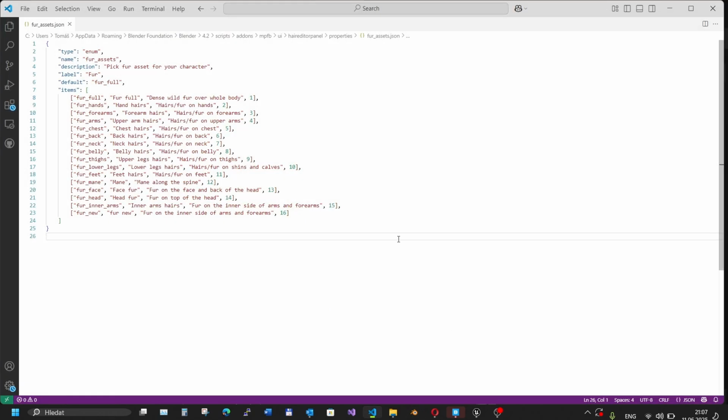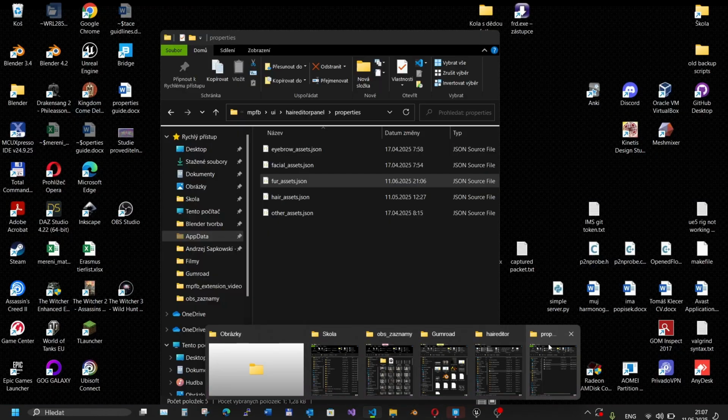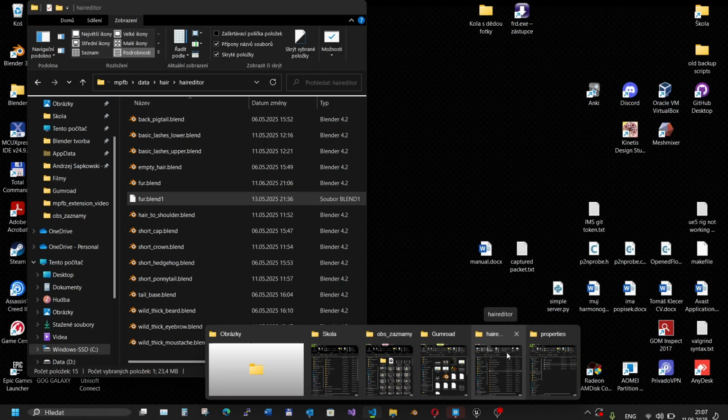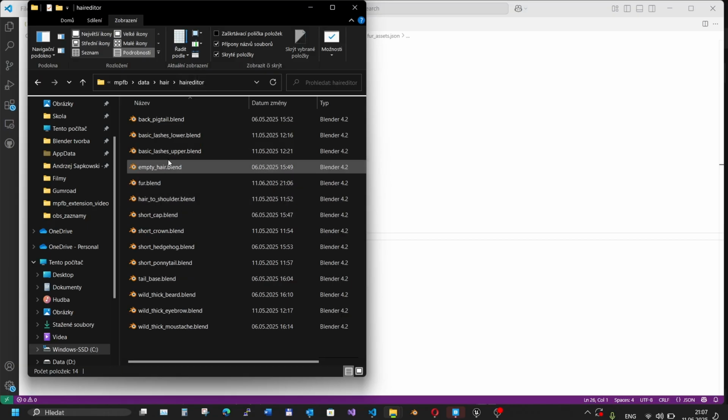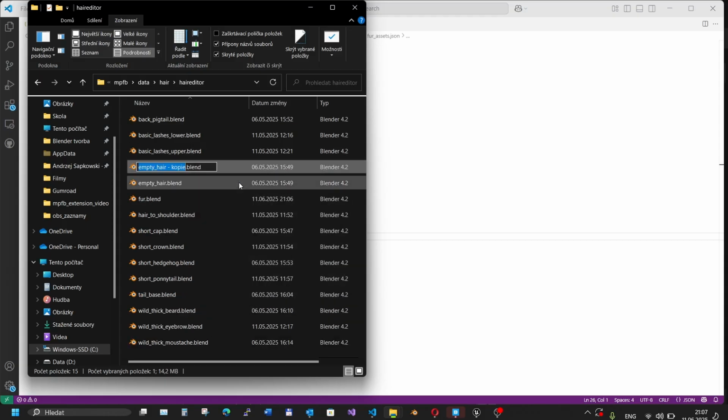Alright, now what if we want to add hair, facial hair, or something like that, just not a fur asset? We can delete this one, close this one, and let's go to our data folder. Hair editor. Now, in case we would want to add a hair asset, it needs to be in a separate file, and so we can do it either here is an empty hair file, which has everything preset. We just copy it, rename it,